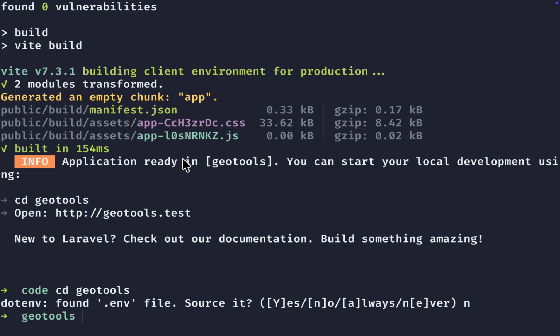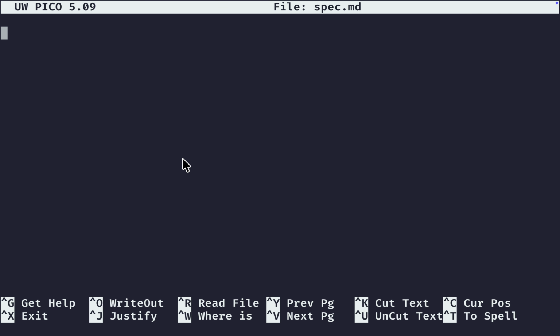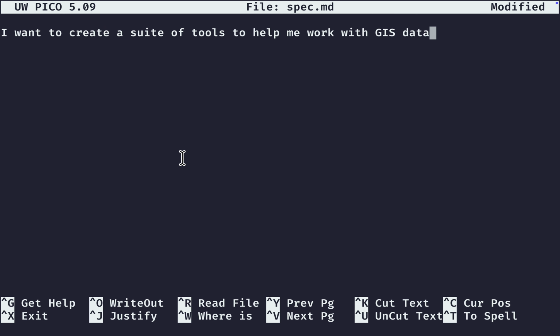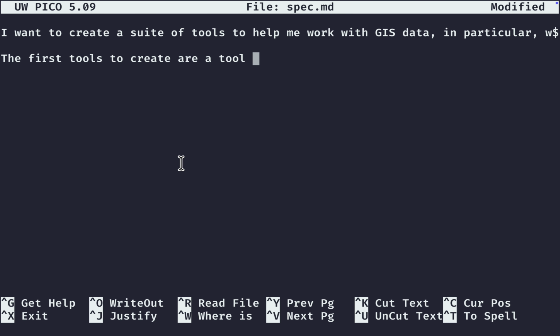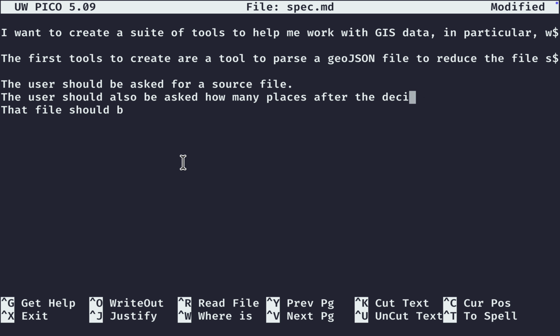So now I'm going to create a spec file. You can call it whatever you want. I just write it in Markdown. So touch is a bash command to create a file. So touch spec.md. And now I'm writing my spec. So I want to create a suite of tools to help me work with GIS data, particularly file size. I want to achieve this by parsing a file and reducing the coordinate resolution. So the user needs to be able to ask for